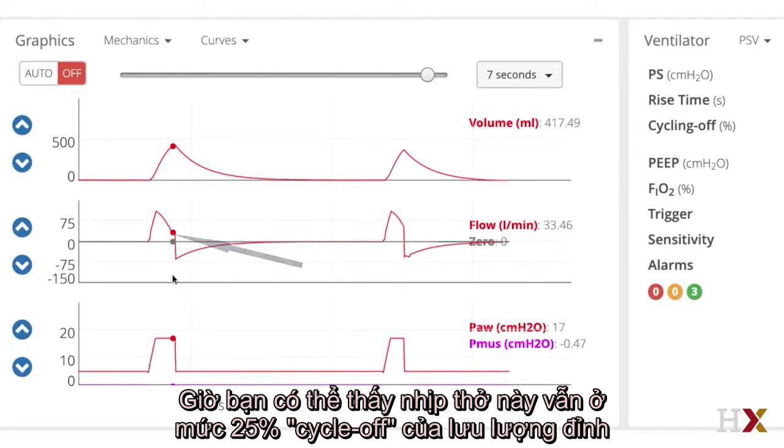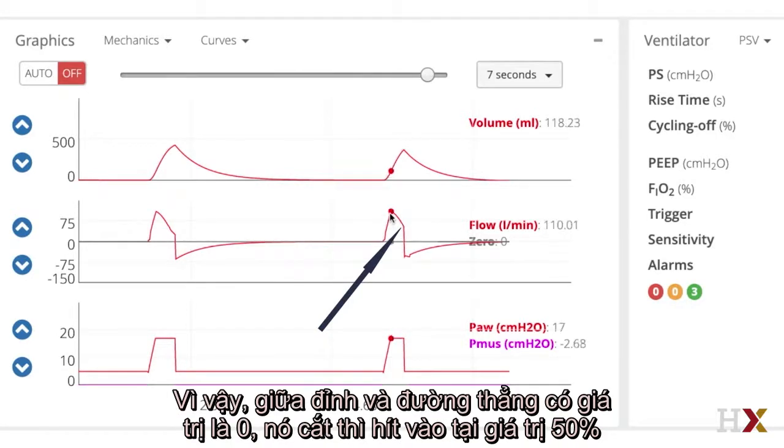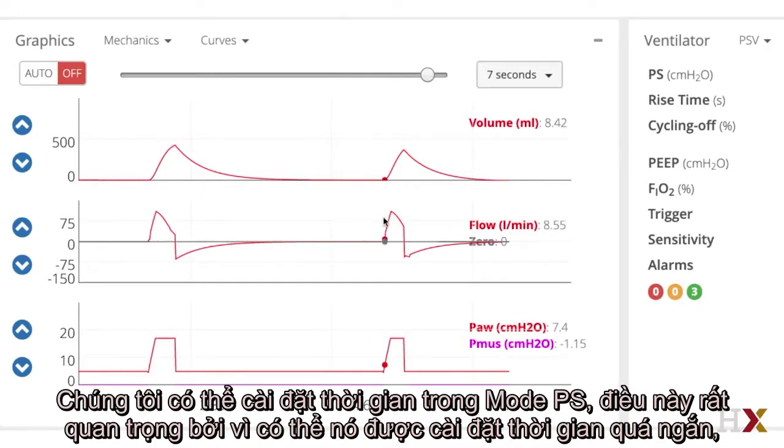Now you can see this breath was still at 25% cycle off of the peak flow, whereas here it's 50% of the peak flow. So halfway between peak and baseline of 0, it cycled off at 50%. So as you can see, although there's no time being set in seconds, we do have the ability to set